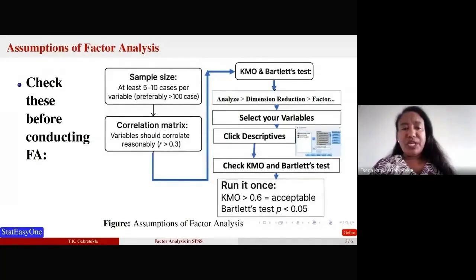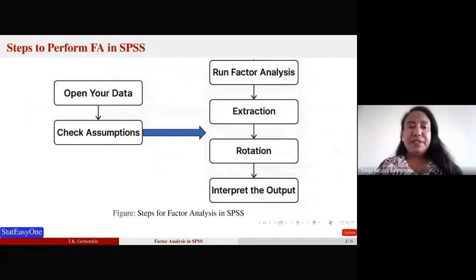And we need also to check the KMO and Bartlett test, where these tests show us if there is a need to run a factor analysis. The acceptable value for KMO is greater than 0.6, and for Bartlett's test, the p-value has to be less than 0.05. And the steps: first we need to open a data file,